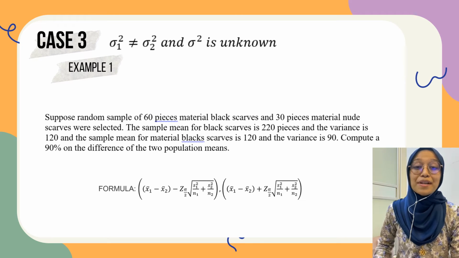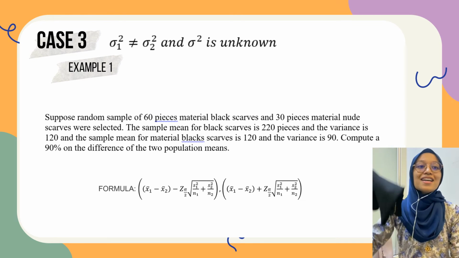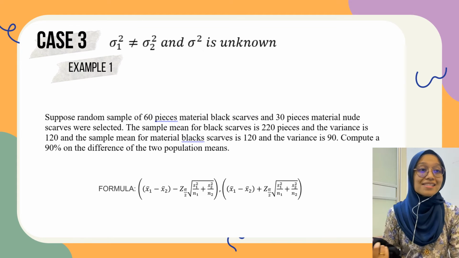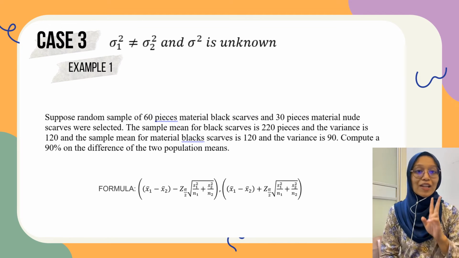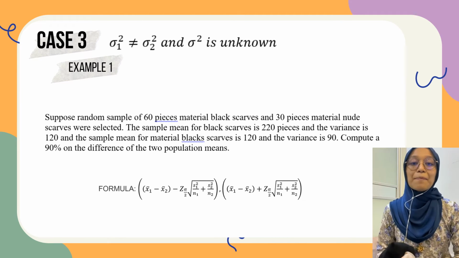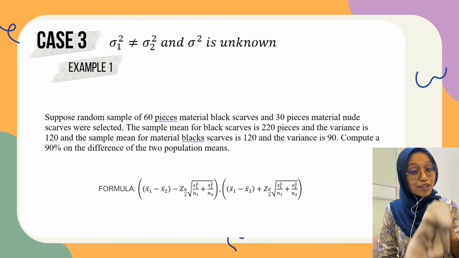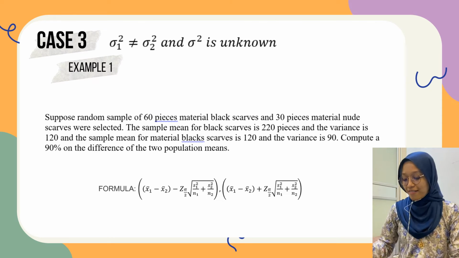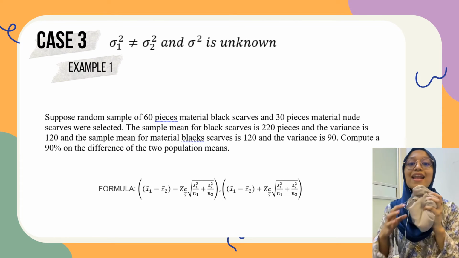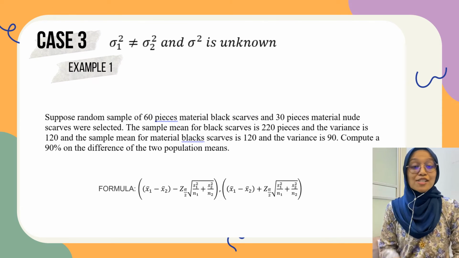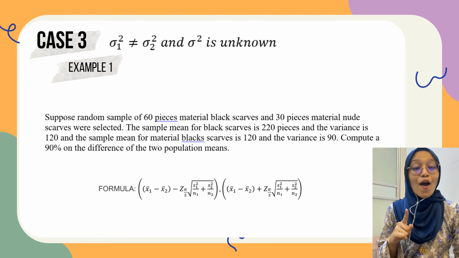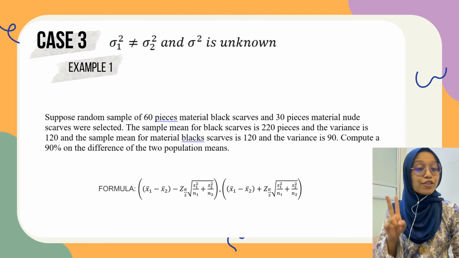The sample mean for the black scarf is 220, meanwhile the variance for the black scarf is 120. And the sample mean for the nude scarf is 119 and the variance for the nude scarf is 19. So now, compute